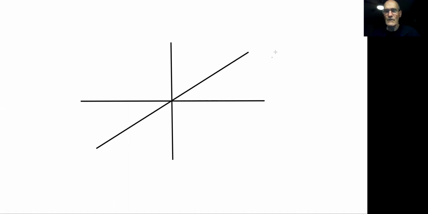It's not quite 45, but anyway, this right here would be your x-axis. This would be your y-axis. And then, of course, up here would be your z-axis. So when you look at a point, like if we look at point A, which is, let's say, 1, 2, and 3,